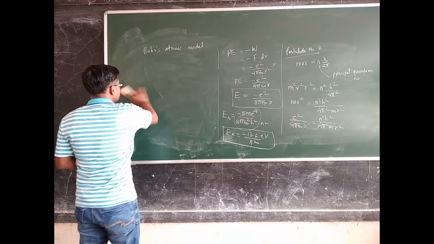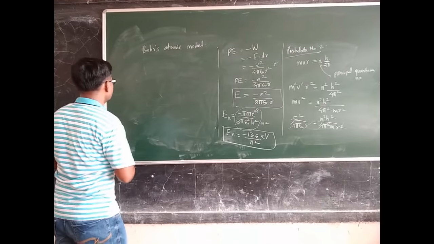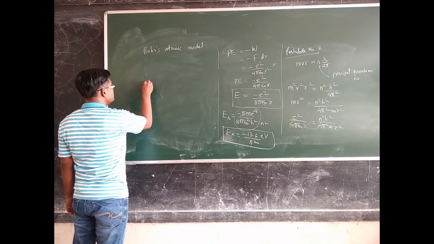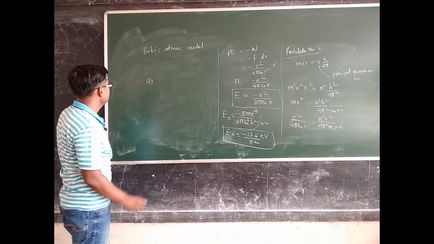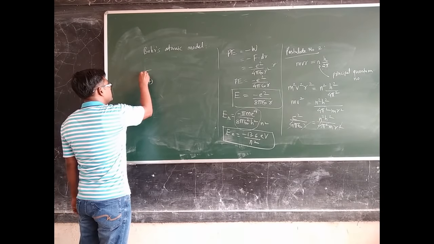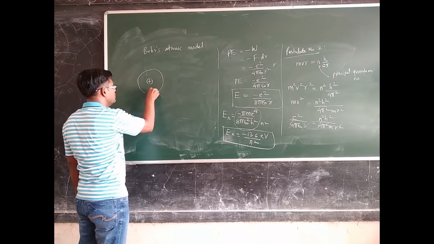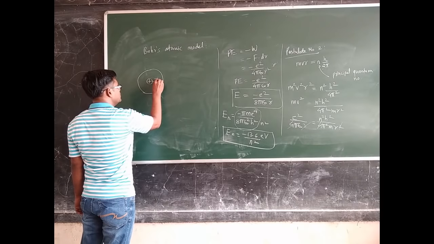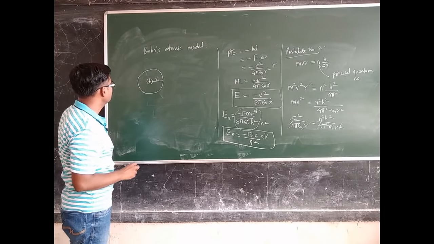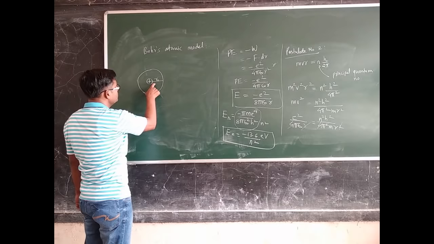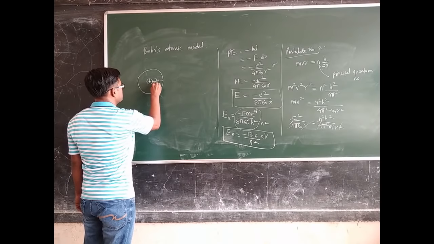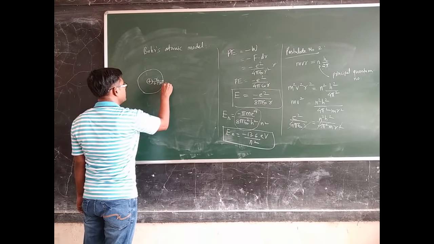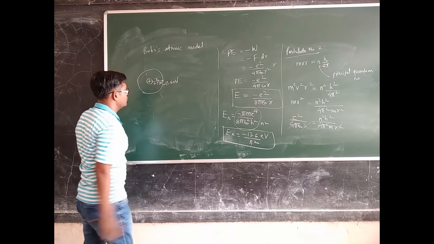visualized the picture of the atom as follows. Suppose that every atom has a centrally located charge which is called the nucleus. So it is positively charged, right? Suppose that this is the first orbit of the electron. Its radius will be denoted by r0 or a0, and we know that it is equal to 0.53 angstrom, and its energy will be equal to minus 13.6 electron volt.